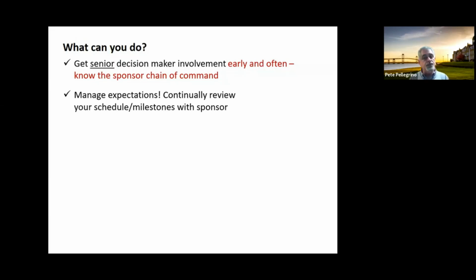Constantly manage expectation in terms of, this is what's coming up. This is where we are. This is where we're behind. This is what we need that we haven't gotten yet. This is the downside of not getting that. I understand the schedule's not likely to slip, but we're going to start to downscope what we're going to do within the time we have, and just keep beating that drum with them.